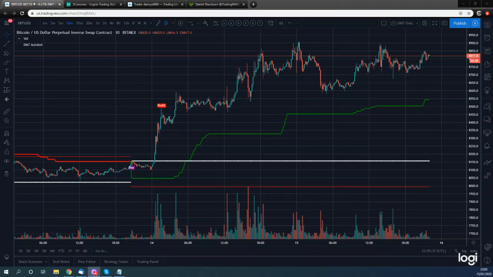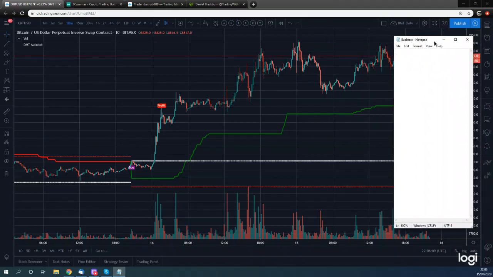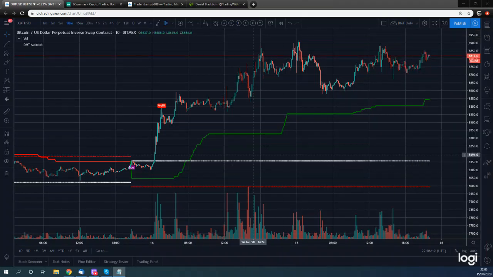I've had a little play around with the settings on the DMT indicator and also in my 3Commas bot settings. So what we're going to do is a good old-fashioned back test, just to see how we'll be getting on. I know TradingView does have a back test, but because of how I was using our trailing profits and our trailing stops with the bot, you kind of have to do it manually, so you can work out what those are based on what the price action was. So I've got my little notepad here ready to type them on,